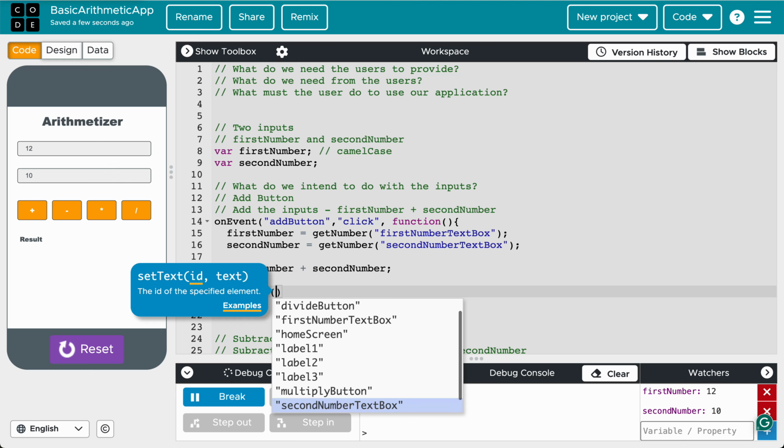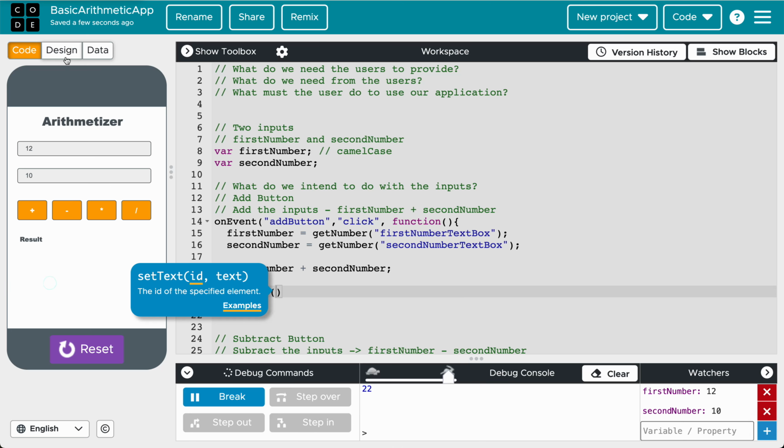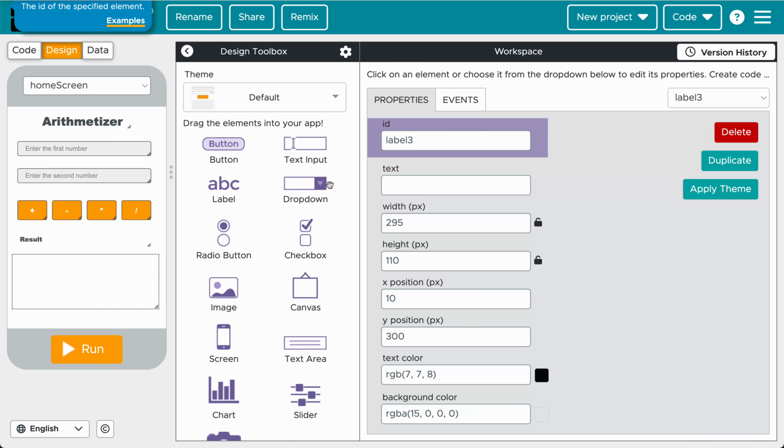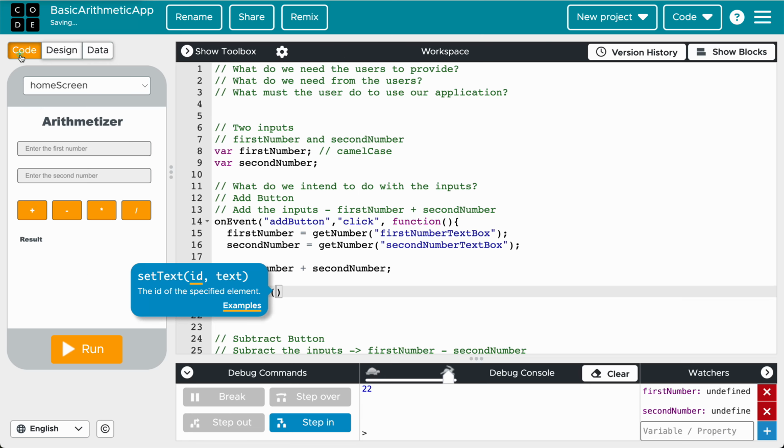But let's just print this out first. Did I name this? I forgot to name this output. Let's call that output box. Oh, output label, actually. Since it's a label, let's call that output label. For this, I don't need to bother about it, and I don't have to bother about this as well. So let's set that text to output